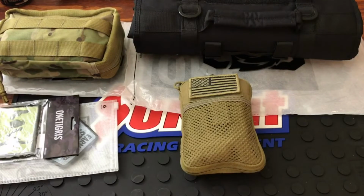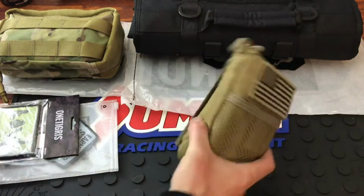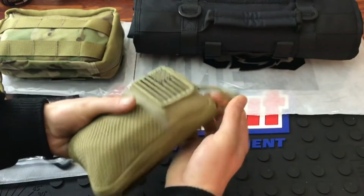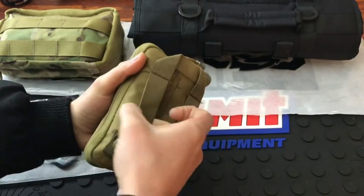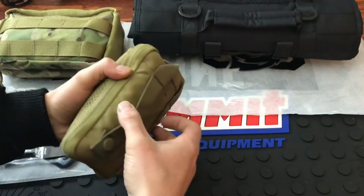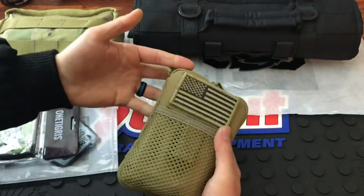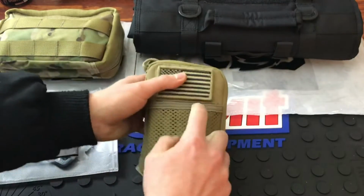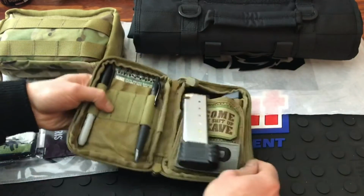Okay, so if you guys don't know, I served 8 years in the Army as an MP, so I acquired a good amount of tactical gear myself. So this is one of my own personal pouches that I bought many years ago, and it's a simple pouch. It's got MOLLE on the back, so you can attach it to your vest or your belt or anything like that. And then it's got the American flag, a little Velcro pouch up front, and I use this as